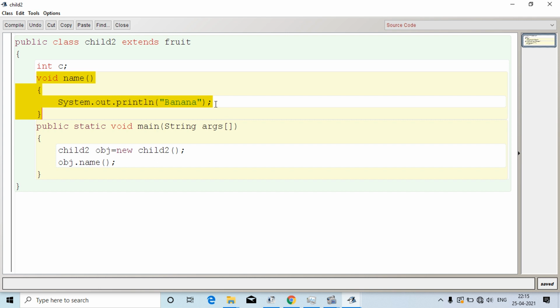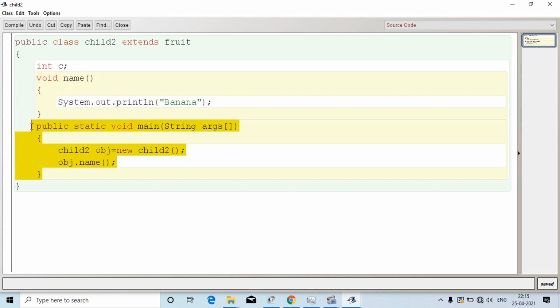Now as you can see, the details are different. In child1 class we have printed apple, but here in child2 class we have printed banana. The details of the method inside the method are different, and that is totally hidden from the base class. And here I have called the method from the object of child2 class.